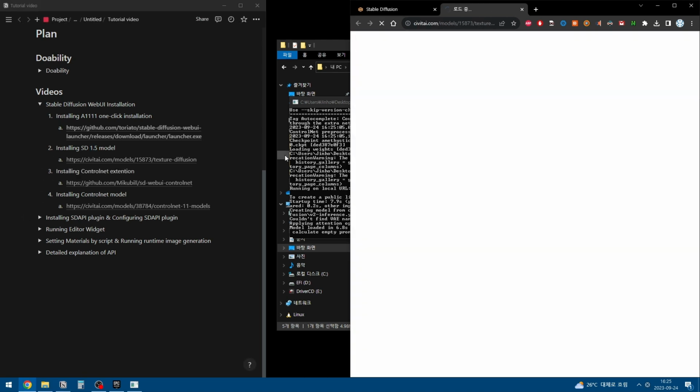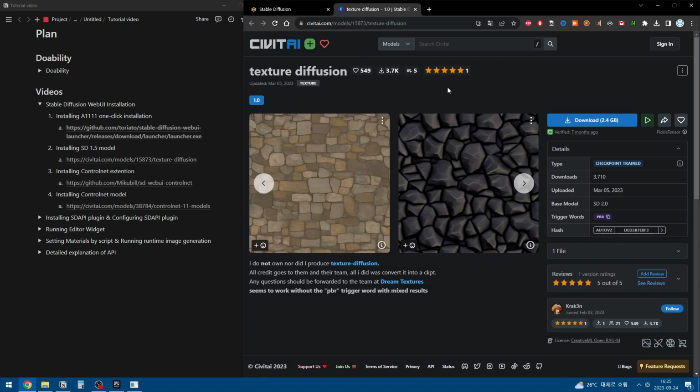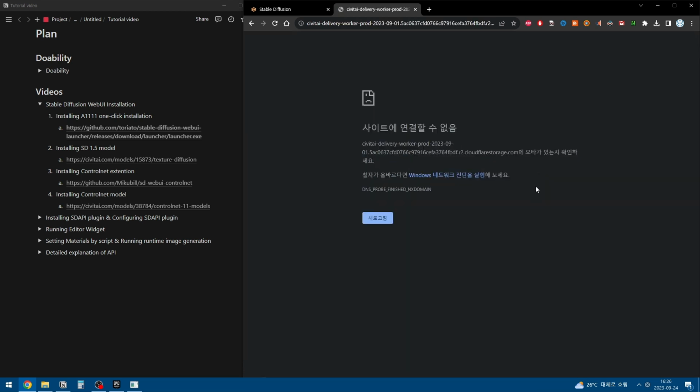For this one, I'm picking Texture Diffusion, but you may use any Stable Diffusion checkpoints in civit.ai or any other website you prefer. I'm just using this for now. As of this recording, the download link is broken in this site. However, once